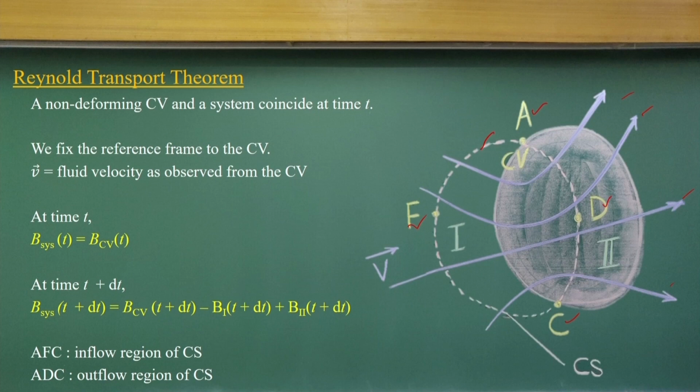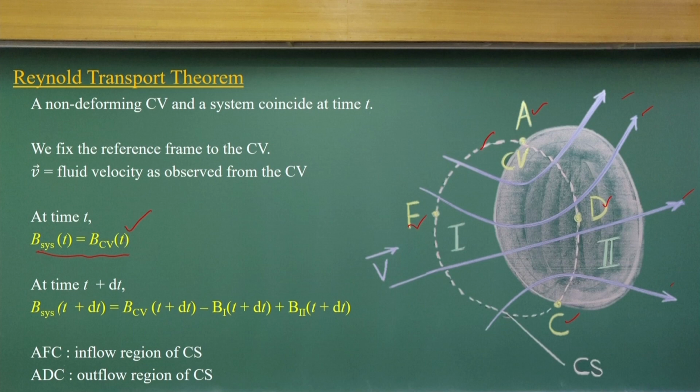That means whatever fluid particles are present at the time t, that is what represents my control volume, and that region is fixed. Let me have a very simplified case. I will consider that as the system for me at the time t. That means I consider, at the time t, whatever fluid particles are within this control volume,